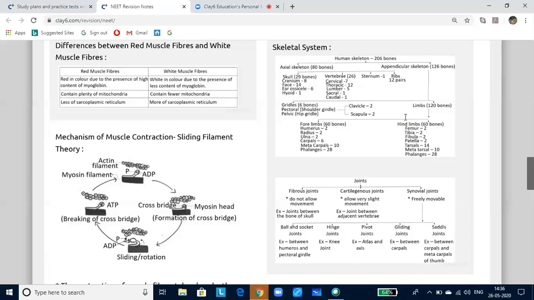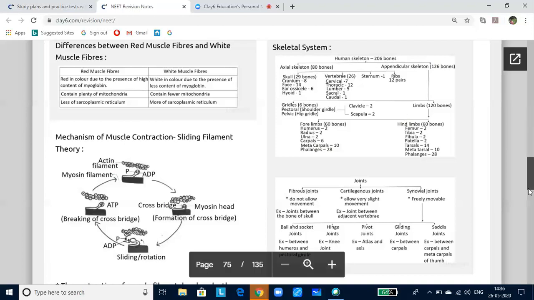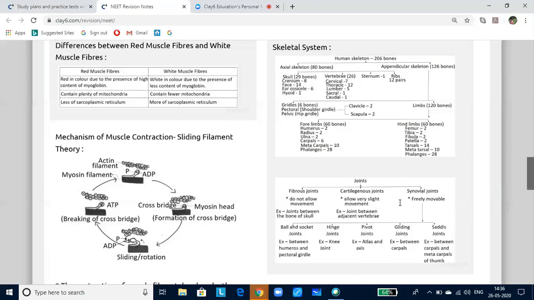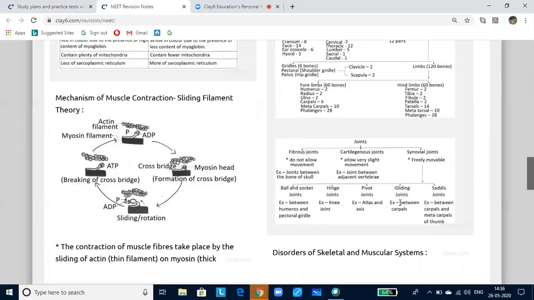Now, with this, let us get back to the joints. A joint is a meeting place of two bones. Arthrology is the study of joints. It can be classified into three types: immovable joints, slightly movable, and freely movable joints, or they can also be called fibrous joints, cartilaginous joints, and synovial joints. So let us first look at the fibrous or synarthrous joints. In these, the adjoining bones are joined by strong bundles of collagen fibers so that the bones cannot move freely.